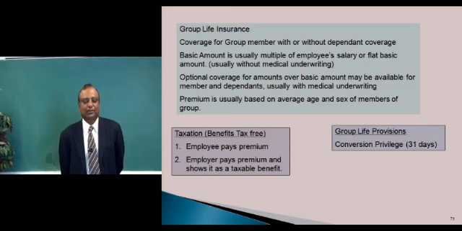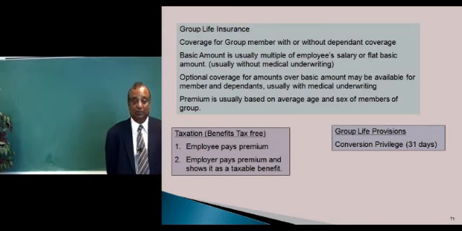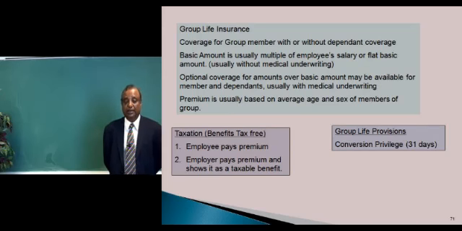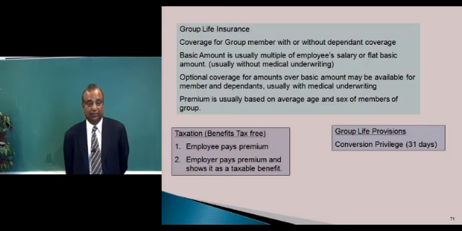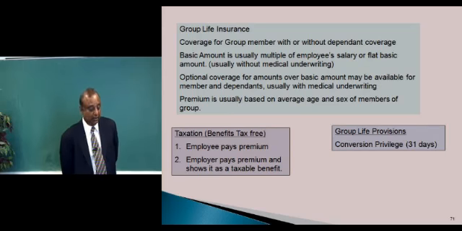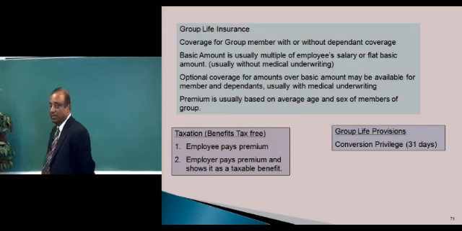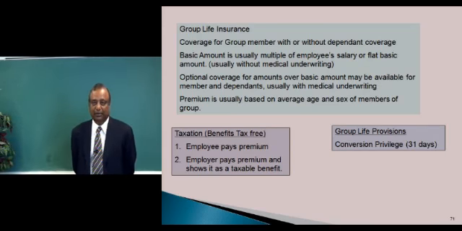So let us say the employee's income is $50,000 and the life insurance premiums are $600. When the employer issues him a T4 slip, he will issue it for a total income of $50,600, including the $600 as though it was paid to the employee and the employee paid the premium. Now the employee is going to pay tax on that $600. Therefore, it becomes after-tax dollars and the benefits are tax-free. So there are only two situations possible with life insurance. Employee pays the premium, and whatever part of the premium is paid by the employer is definitely going to be shown as a taxable benefit to the employee.